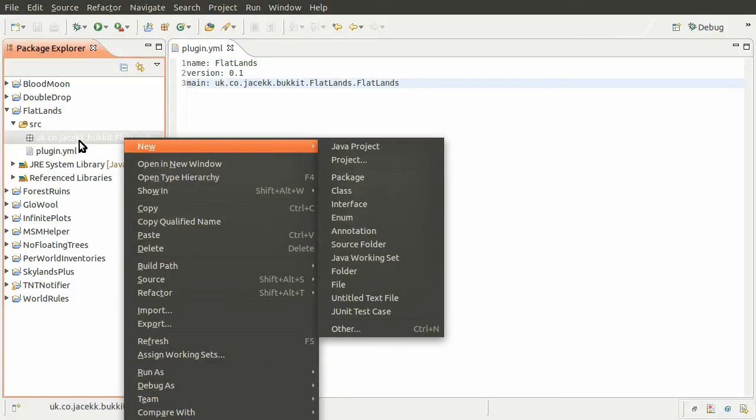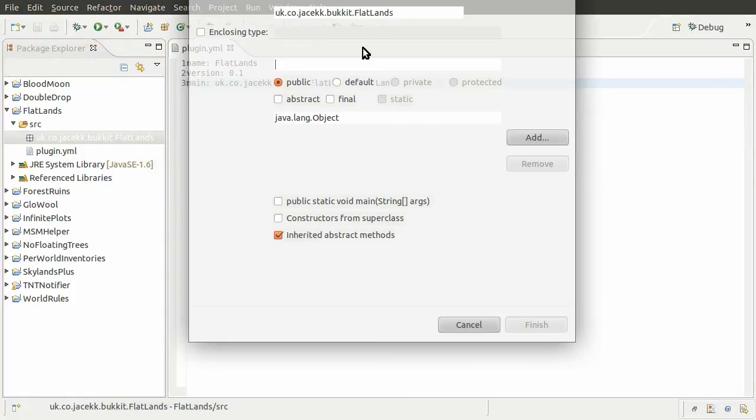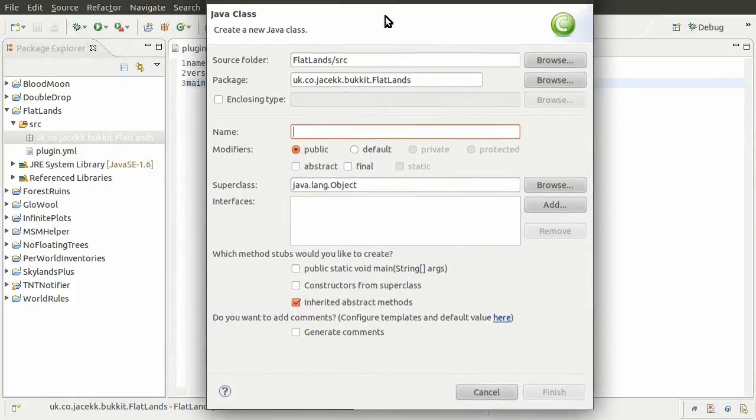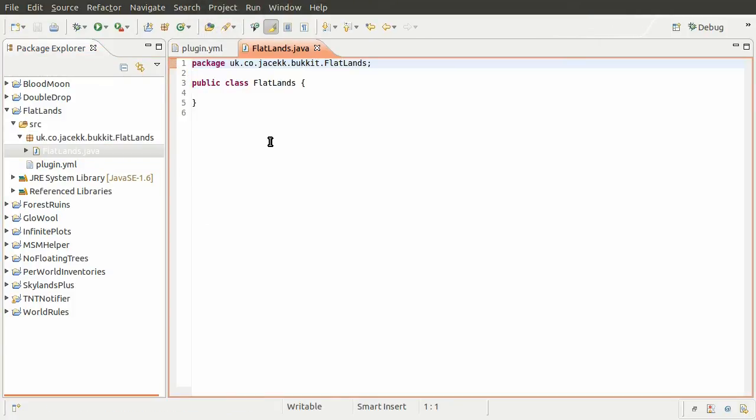So just right click on the package, go to new, and then class. Then we get this window. Don't worry about any of these settings, you just have to give the class a name, which is going to be flatlands. Click finish, and then we go. So hopefully now when we start up our server, there won't be any errors to do with the plugin.yml file, and it will actually try and load this,